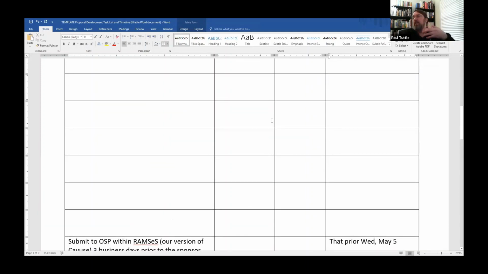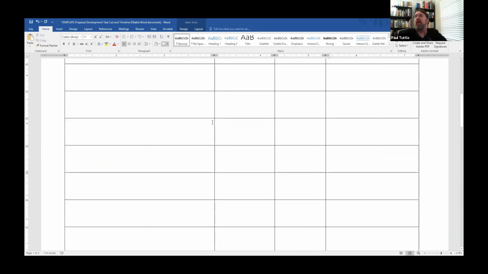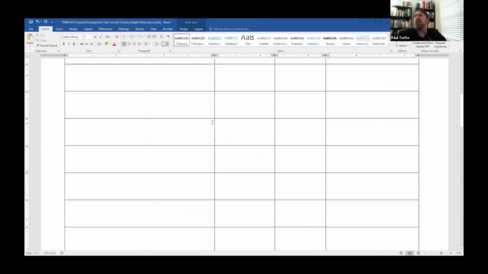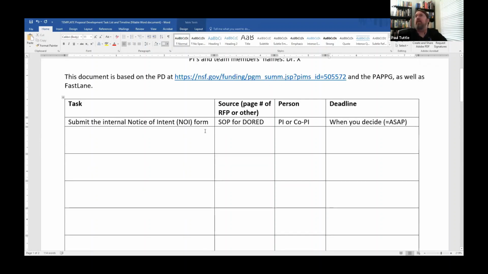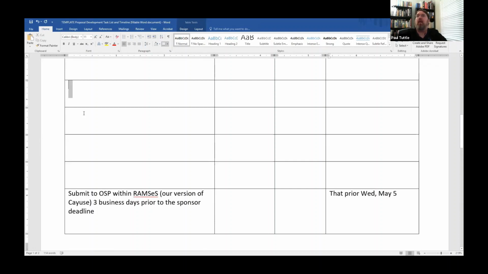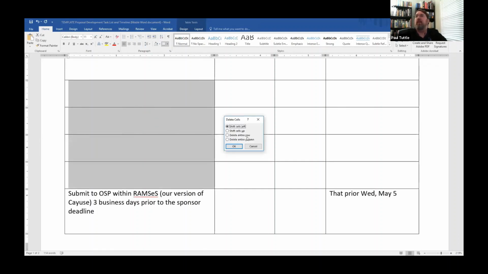Now, as you all know, we're all based on deadlines. So what we need to do really is go ahead and create a time frame. And so what I would do is, and I'm just going to take out some of these blocks so I can show you. What I'm going to do is